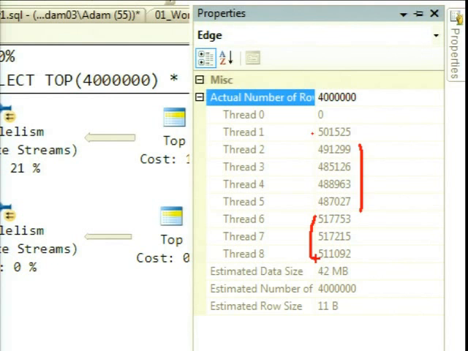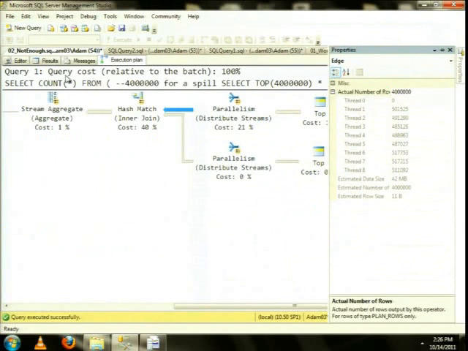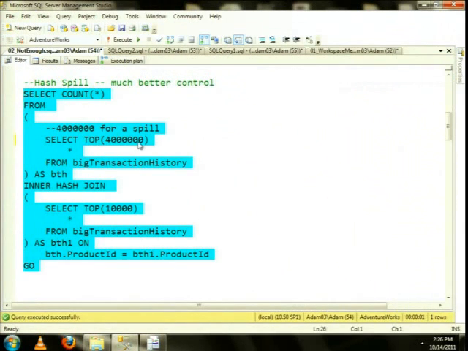So yeah, they've exceeded the grant. The grant is split up across all the threads in the parallel plan, and so they exceeded it, so they spilled. All right. Now one other thing we can check out while we run this is